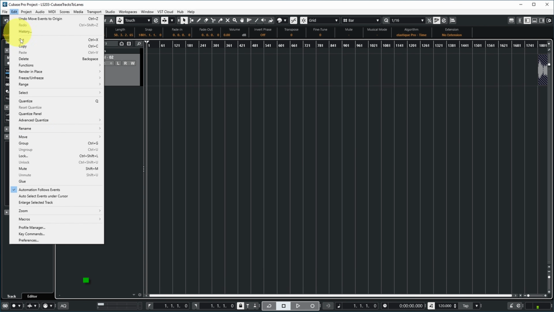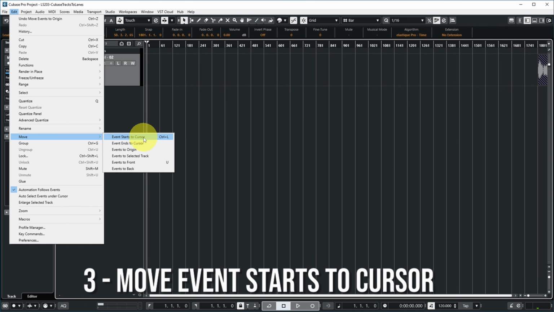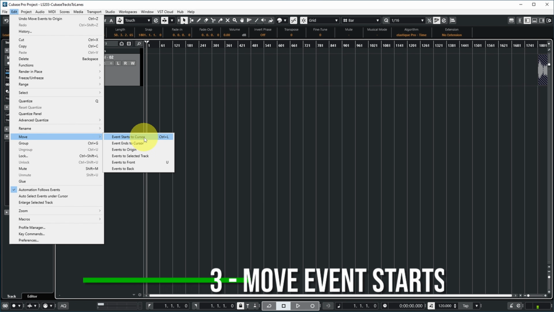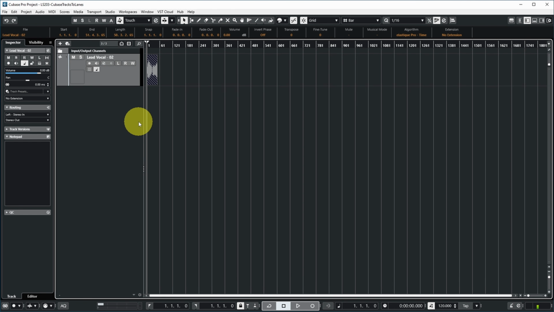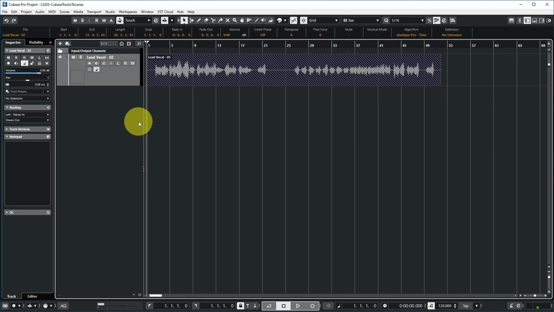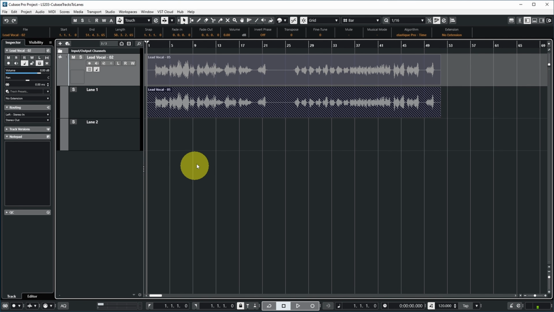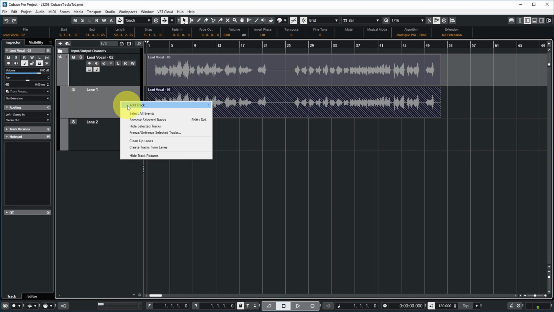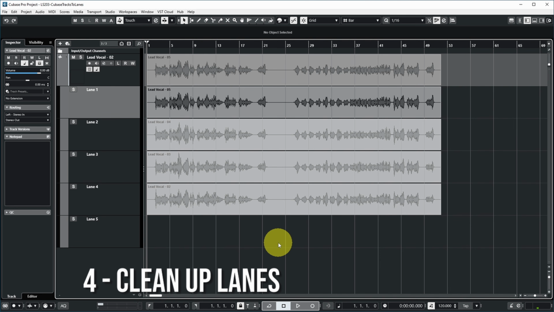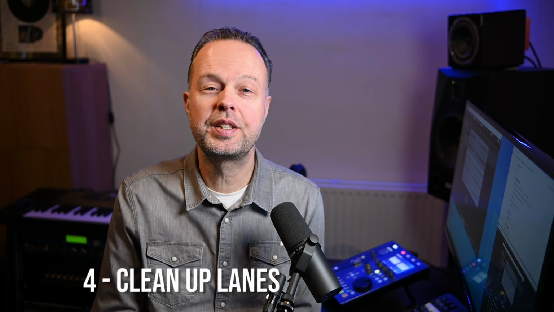So the next step is to go Edit, Move, Events, Starts to Cursor. So now you can see that they're all at the beginning of the project. Let's zoom in a bit. But if I open my lanes, you can see that they're all on the same lane at this moment. So there's one more step in this process. You can right click on the lane and then say Clean Up Lanes. And there you go, you have all your vocal takes on one track in Cubase in different lanes,